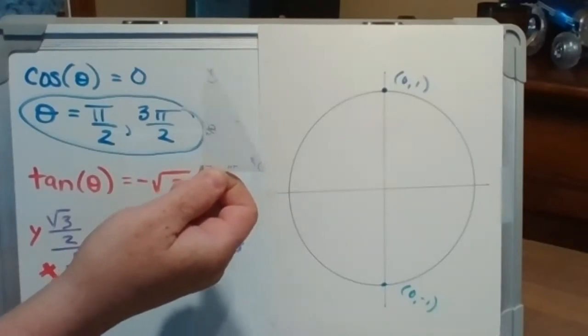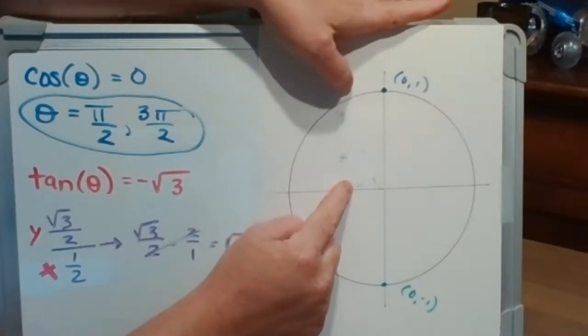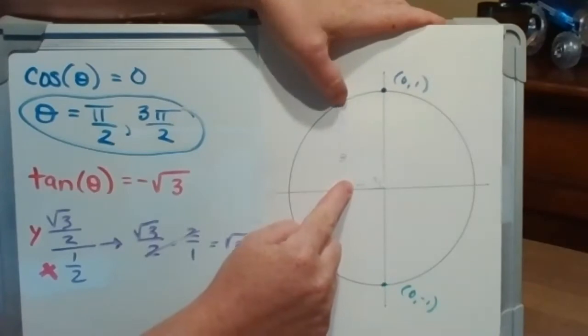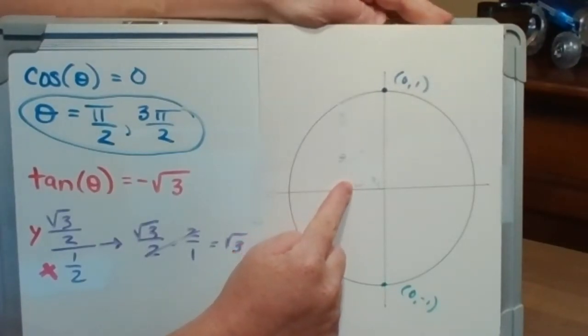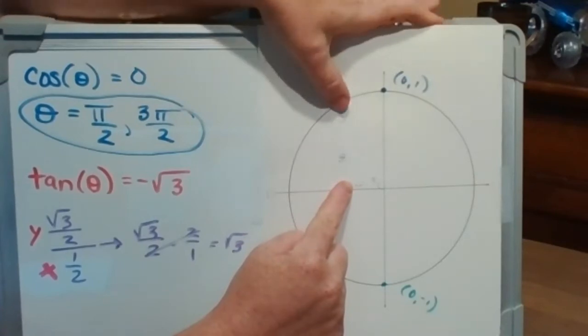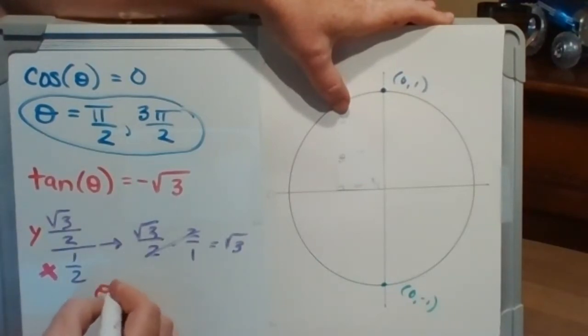Since our tangent value is negative, we already said we had to be in either the first, or I'm sorry, either the second or the fourth quadrant. So here I am in the second quadrant with a reference angle of 60. So that means that our actual angle is 120. And I'm just going to write down the degree measure and then I'll convert it to radian later